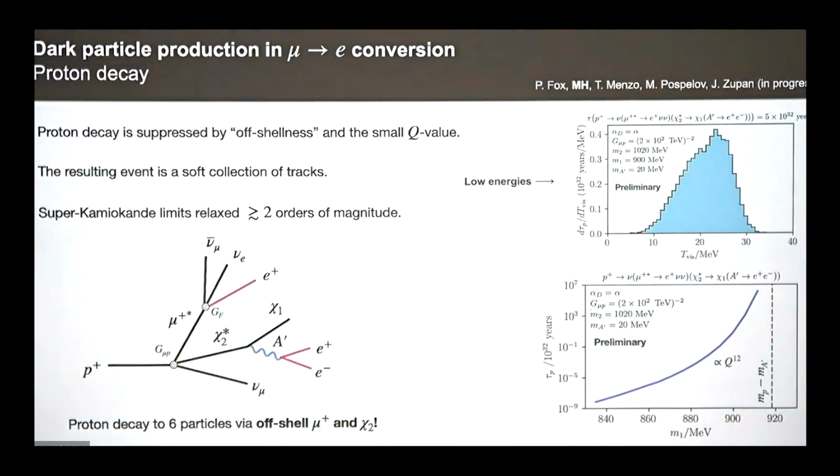But you could see how, by a judicious choice of M1, which has only a consequence for the endpoint of the electron and the positron at Mu2e, the physics of proton decay and baryon stability can be wildly different. This is from 840 MeV to 920 for a given choice of the other masses. It's a very strong dependence because of the Q value. Capital Q here is basically the difference of the proton mass to the dark photon and chi.